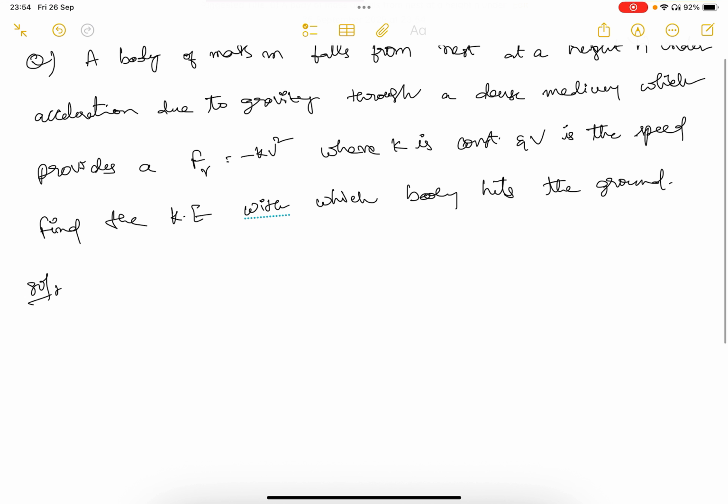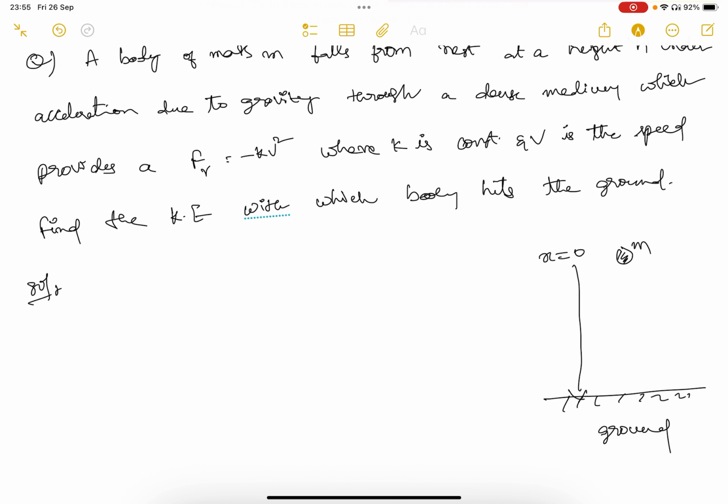So a body of mass m falls from a height h. Let's assume this as the ground, and let's consider the highest position as x equal to 0. When it reaches this point, it is x equal to h. We are considering this as the positive direction, right? When the body is at an arbitrary distance from the ground,